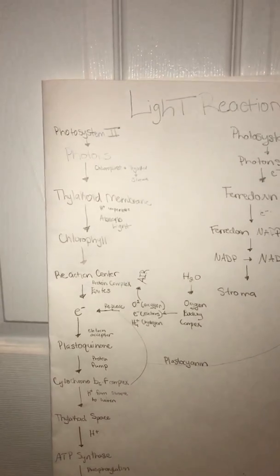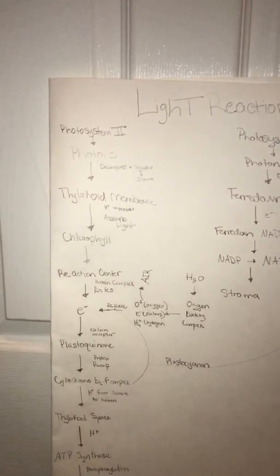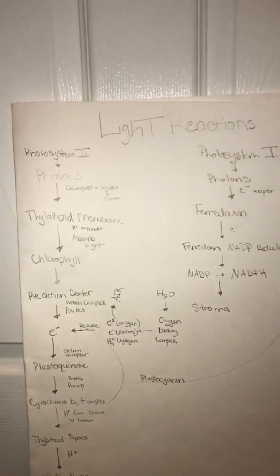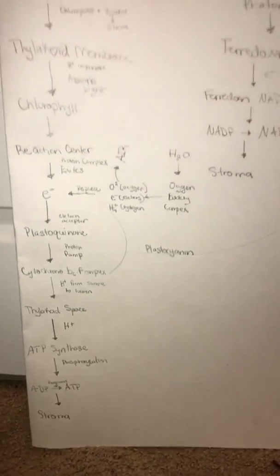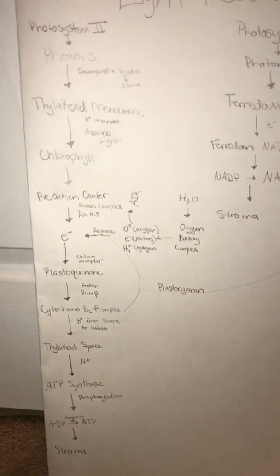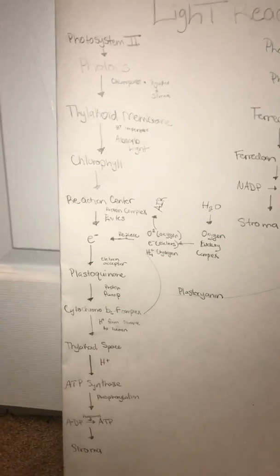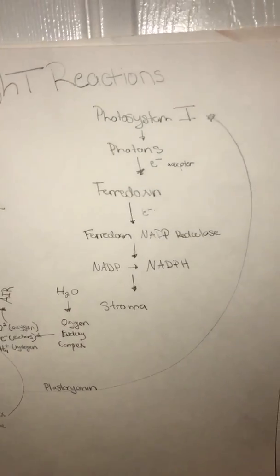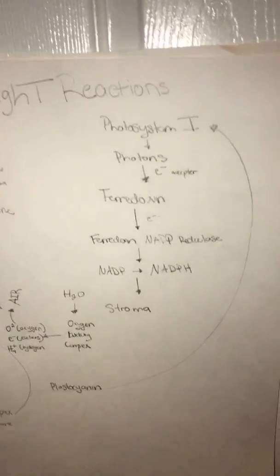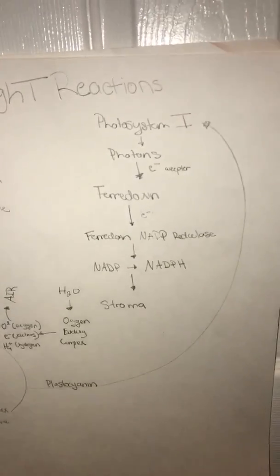So when the B6F complex pumps the protons into the lumen, which is the thylakoid space, it allows the protons to go to another protein called ATP synthase, which phosphorylates ADP into ATP and then releases it back into the stroma. So starting with photosystem 1, which takes place second, photons also hit the photosystem and excite electrons that are